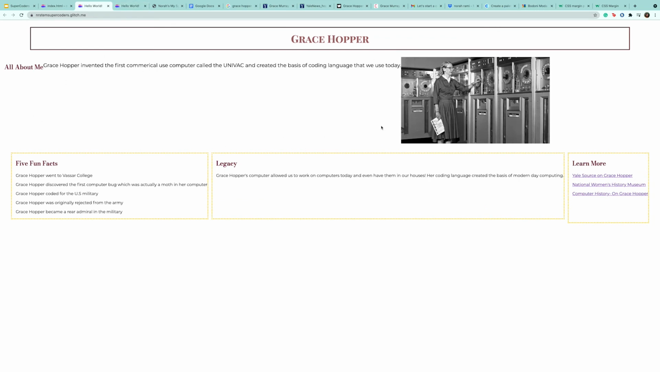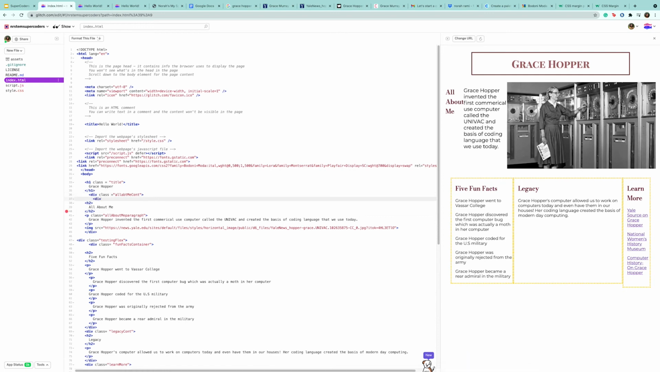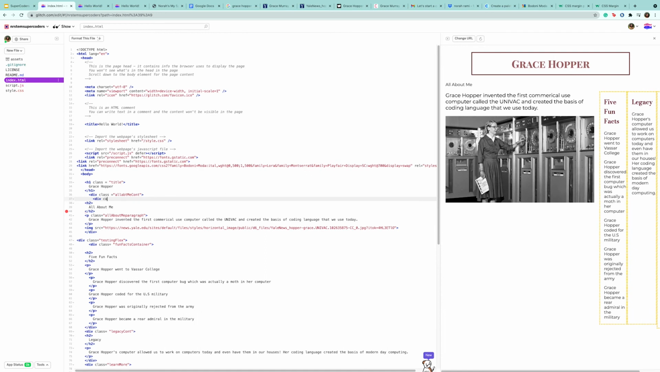Now, I do not like this one bit. Because what I want is I want these ones to be columns, but I want this one to be next to it. So I want this to be centered and then this to be next to it. So how do we do this? So we're going to have to make another div class. This is super easy. Make a div class called all